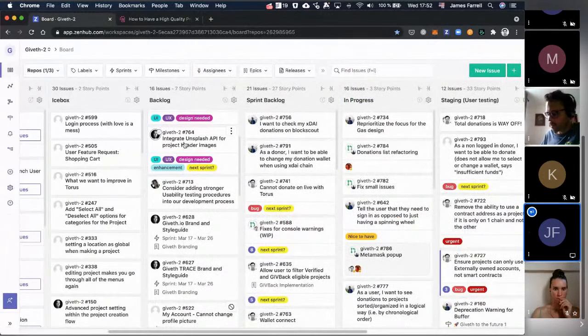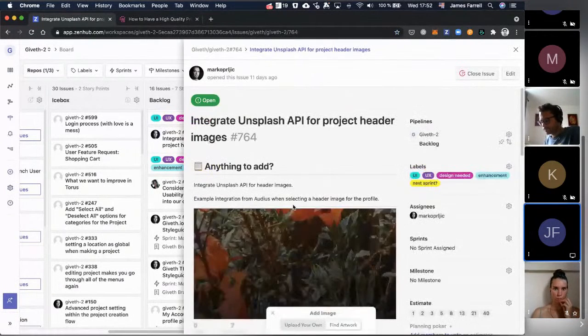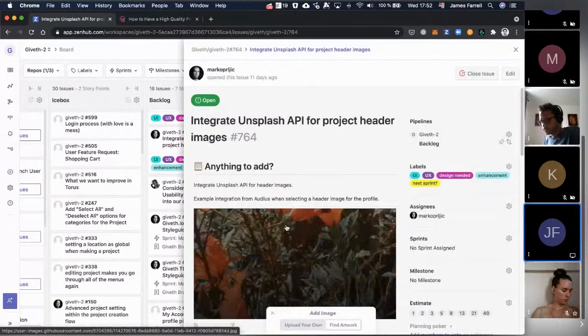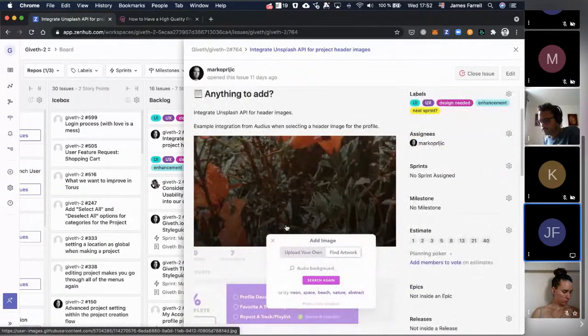Backlog. Integrate Unsplash API for project header images. Yeah, it's my issue, and I would love to work on this one in this sprint. It's also design related, but it's also